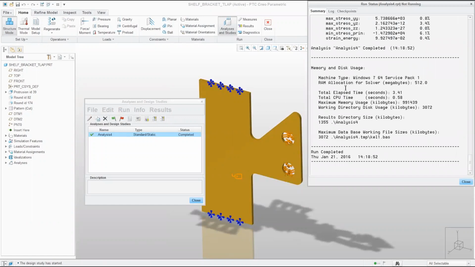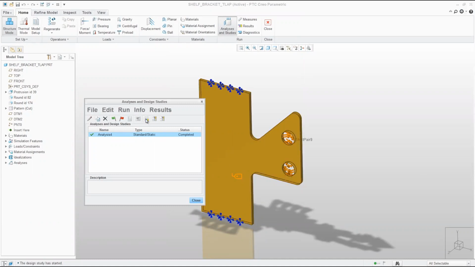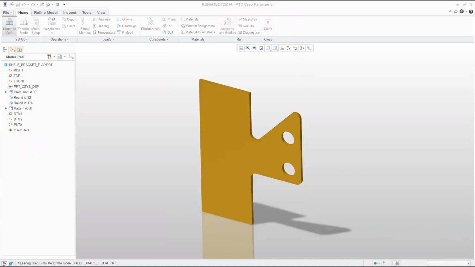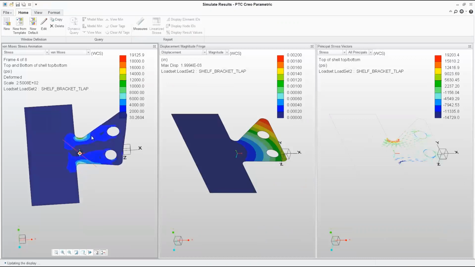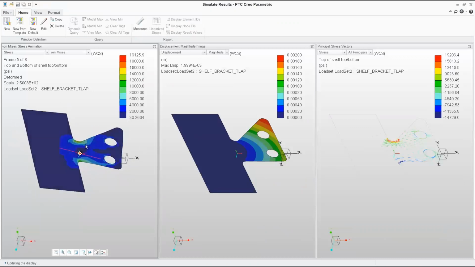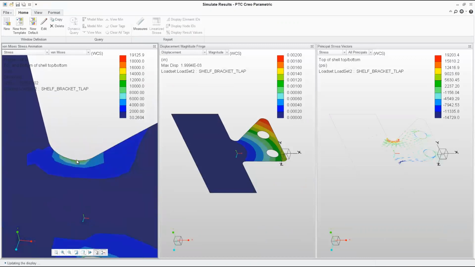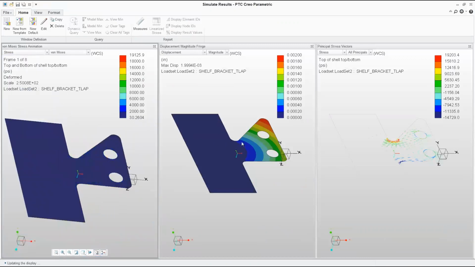You can see it running here, run completed. It'll tell you the different values within the analysis. And then we can go ahead and look at the results. Whenever I bring this up, you can see this is basically the template layout for the results. So we get an animation of displacement showing how it's moving, how it's flexing, different ways to plot it out, different things that you can plot, different ways to show, just to give you a full understanding of your part. So in this case, we're looking at the stress level of 1900